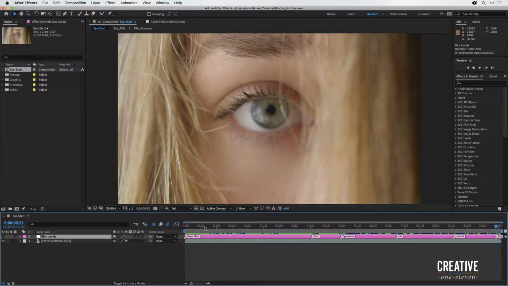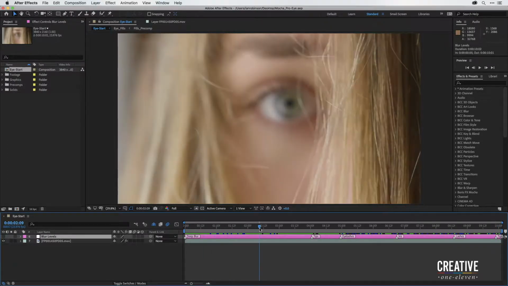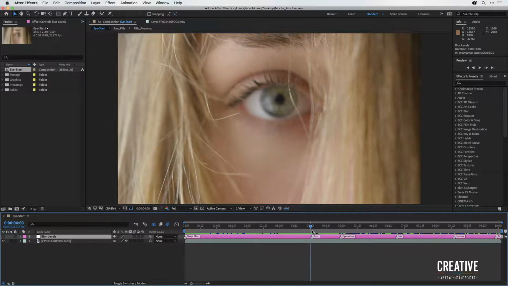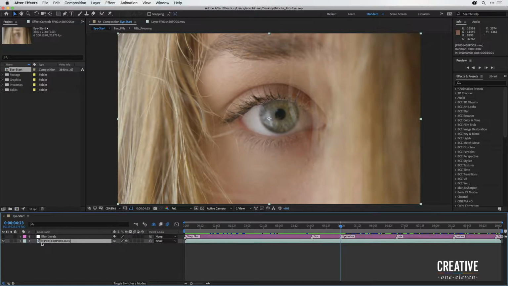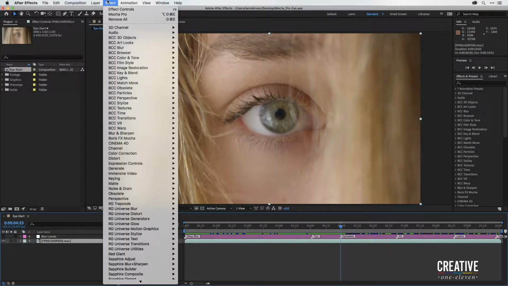So with all of these elements marked out, what I'm really going to do is scrub through and decide where I want to start my track. And I want to start it right where the eyelashes are in focus. So I'll go ahead and move my current time indicator to the eyelashes marker here in the middle of the comp at frame 423. Then I'll select my video layer, go up under Effect, go down to Boris FX Mocha,